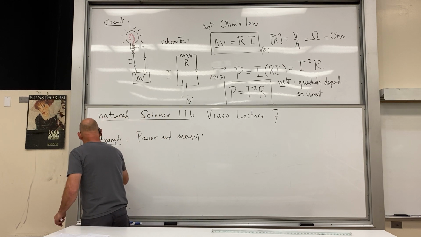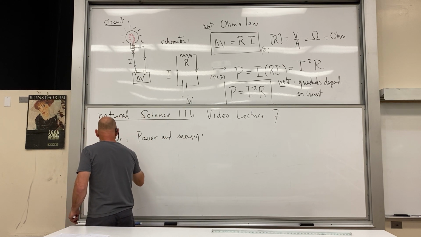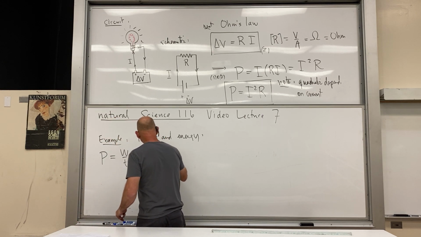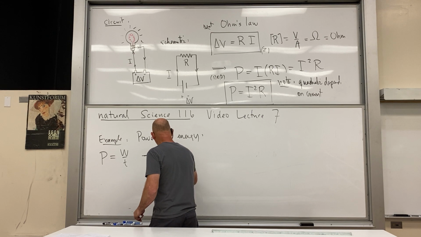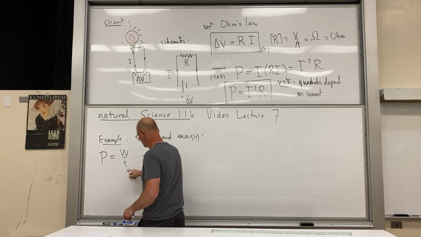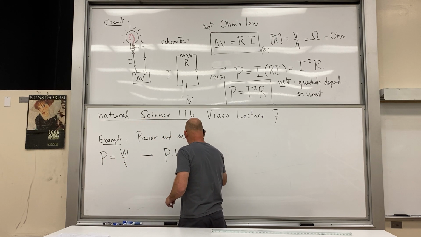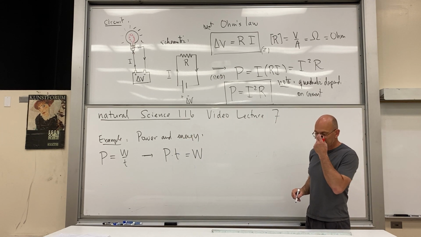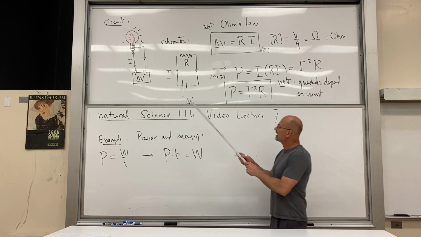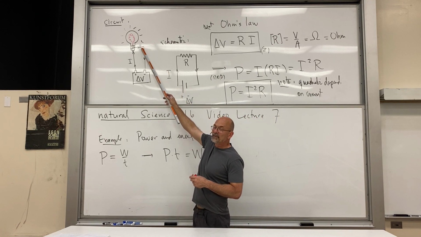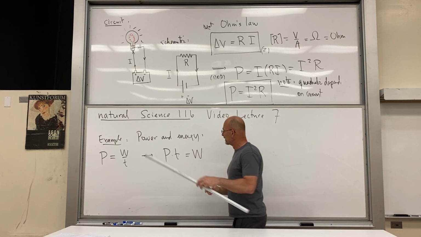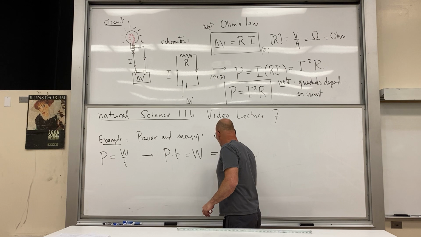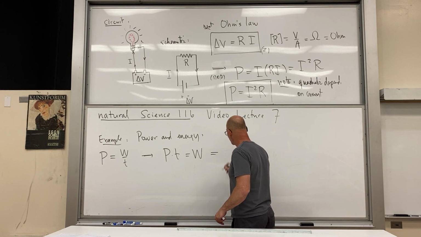So of course we know we have the power equals energy over time formula, and therefore we know that power times time, just cross multiplying, is equal to energy. Good. What kind of energy? We're talking about thermal energy because heat is being produced. Okay. So power times time gives us this thermal energy, and as an example, I'm going to write